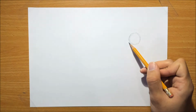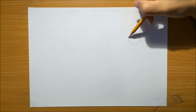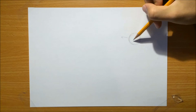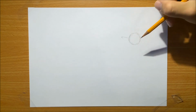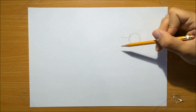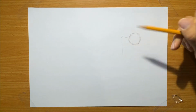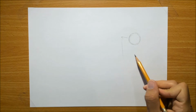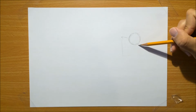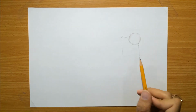Thing is, in this video, what I want to do is actually build it properly, because first off, I'm using an image reference, and it's easier to draw directly when using a real model, but when drawing from an image, from a picture, it's kind of harder, and you actually need to build the shape of the drawing first. So what I'm doing now is using simple lines just to indicate the shape of the